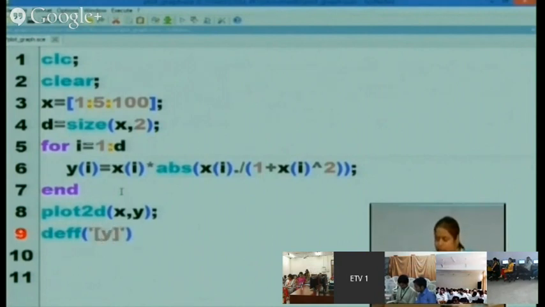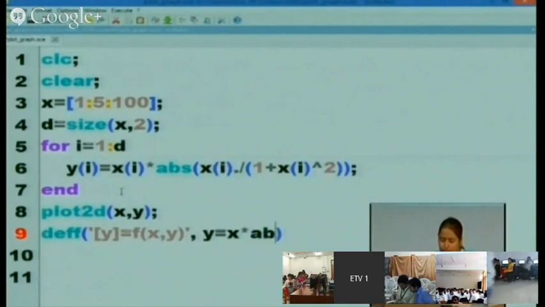y is equal to function x comma y, fx comma y, then comma. After that, declare what the function is: y is equal to x into absolute value of x